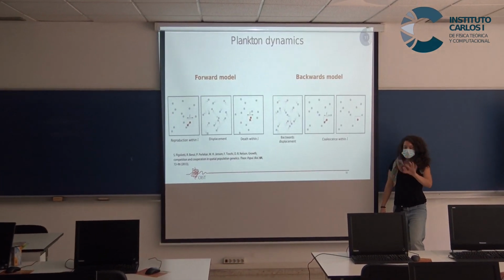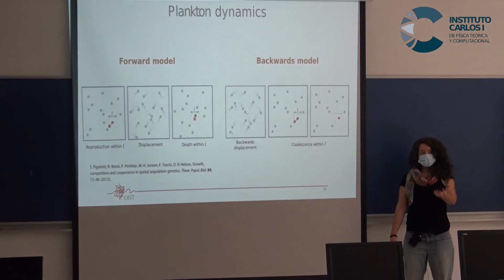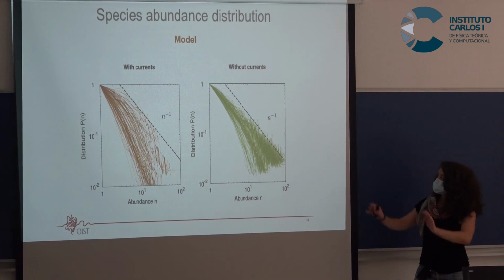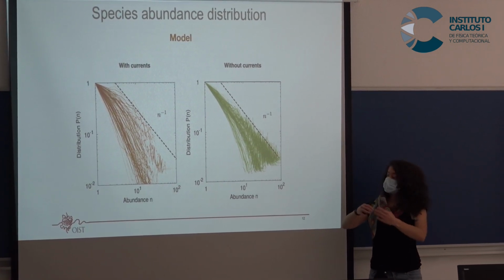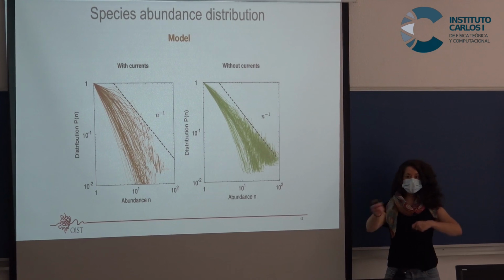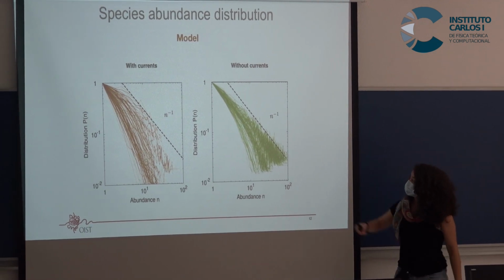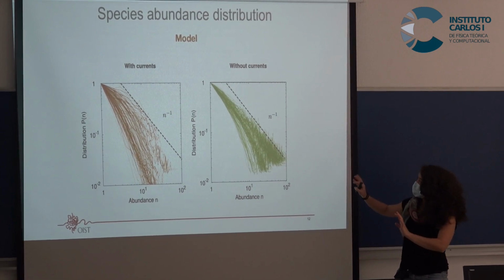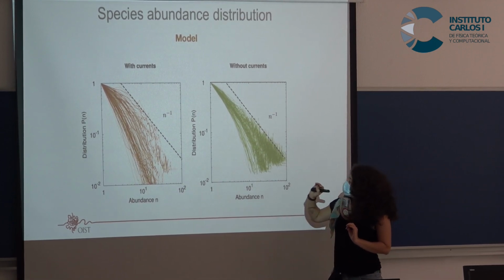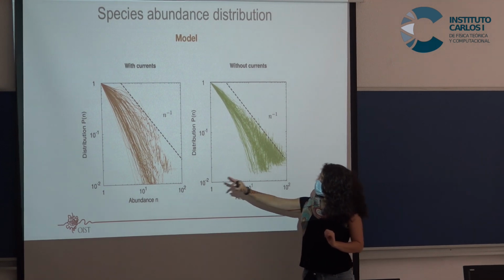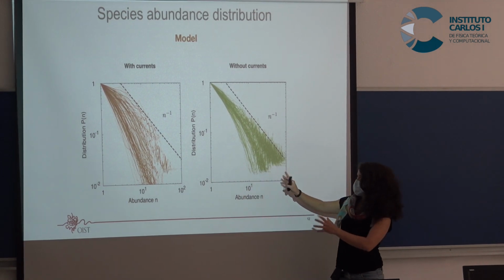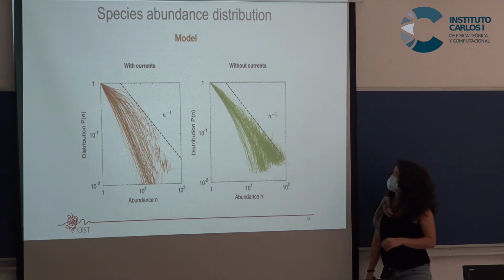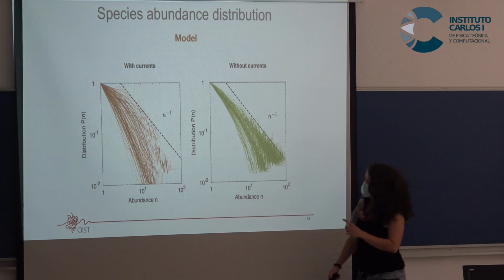So then, with these dynamics, we measure what we were interested in, that is the species abundance distribution. First of all, as I said, we simulate many, many parameters of the flux, and for each we obtain the species abundance. Quantitatively, we first see that if we run the model with currents and without currents, there are differences. In general, the curves with currents are steeper. But to quantify this, we measure...